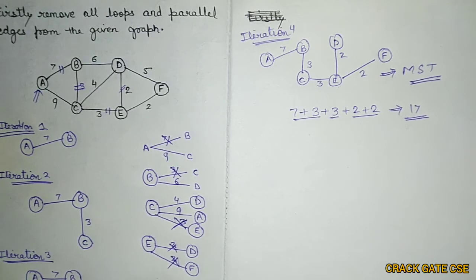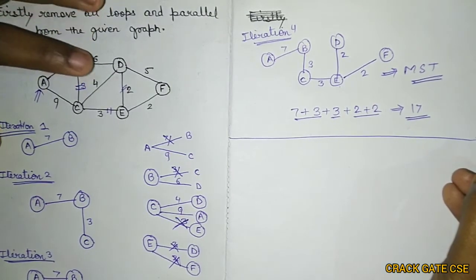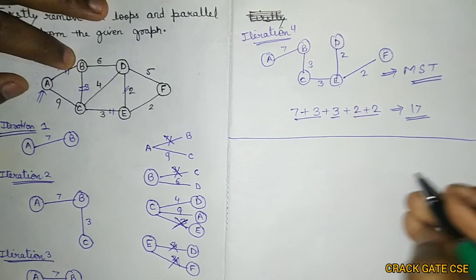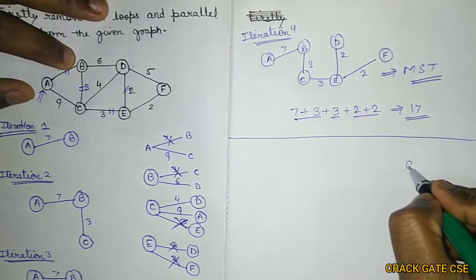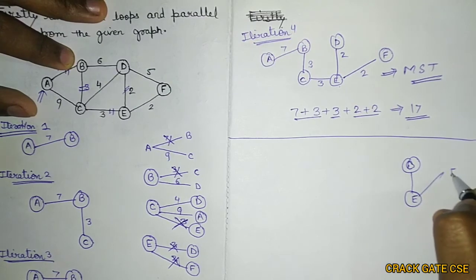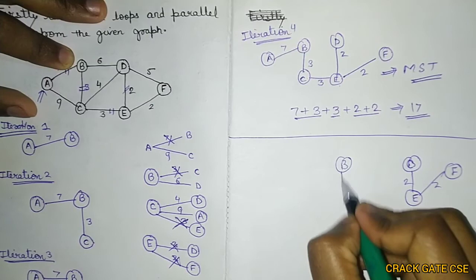And here you might have noticed one important thing, that whenever we are dealing with Kruskal's algorithm, it may be possible that we are getting a disconnected graph. Let's see how. Let's try to find out the minimum spanning tree using Kruskal's. In Kruskal, what we do? We select first minimum. So I am selecting D to E. Then second minimum, that means E to F. Now I have to select the third minimum. I am selecting B to C.